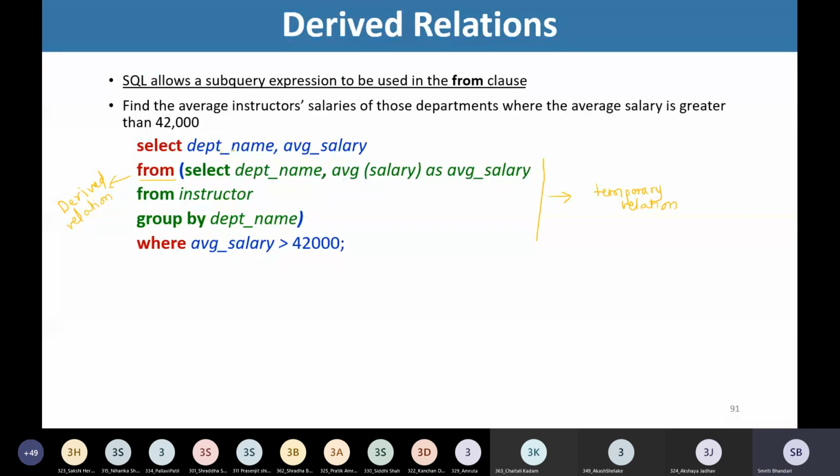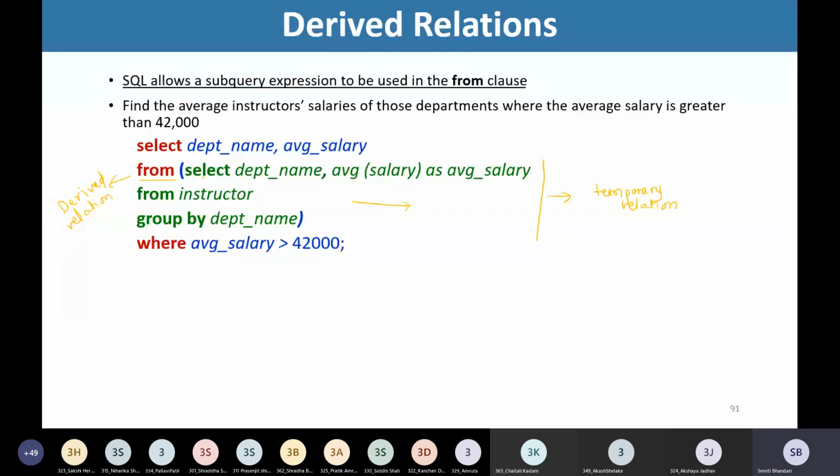See here, what we are trying to do is select department name, comma, average salary. This average salary attribute is from this derived relation. In this derived relation, we are trying to get the data for each department, so no doubt we are grouping the data.